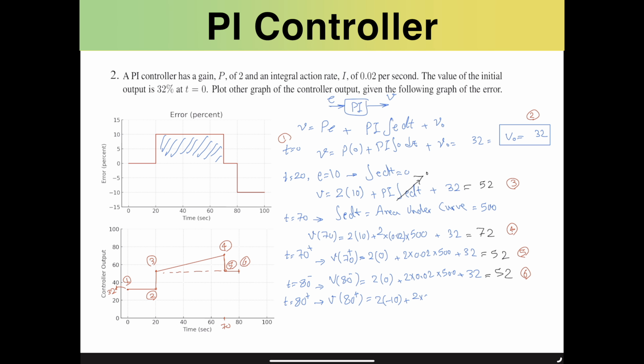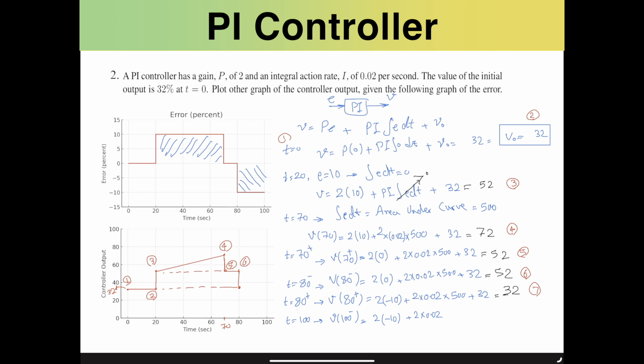We have another area under the curve, which is going to be this value as the secondary integration that we need to consider. So at that point, at t equals 100, let's consider 100 minus, let's put it this way to be more accurate. We need to consider 2 times the error exactly at that point, which is going to be minus 10 plus